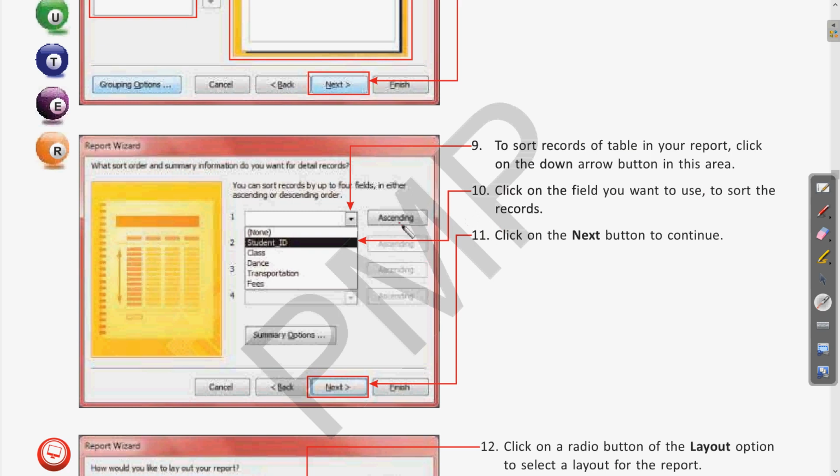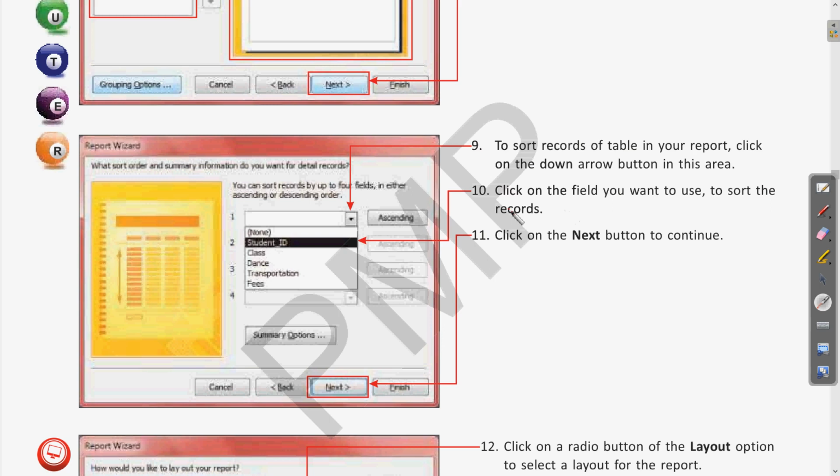So if you are willing to sort the records, we have to click on the down arrow button, which is this drop down menu, or you can say the drop down button. This will give you the option for sorting.